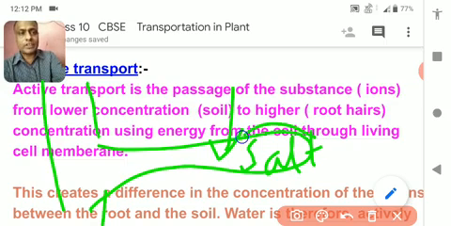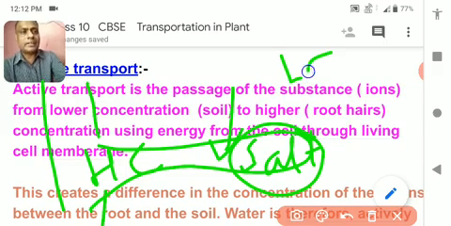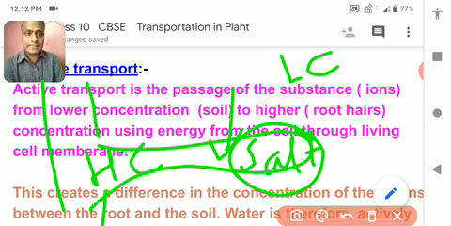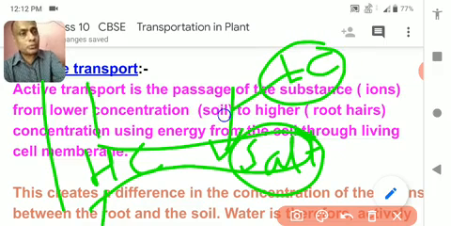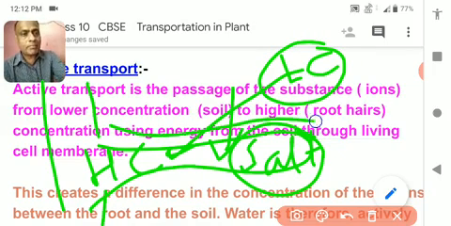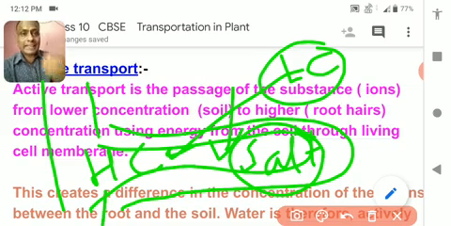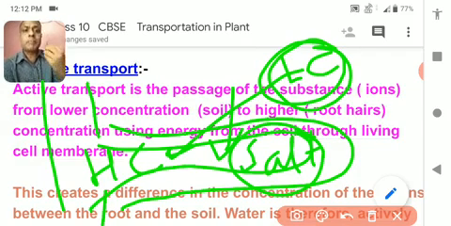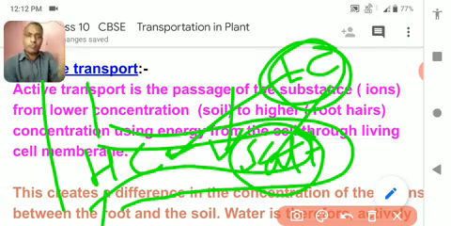The concentration of salt is higher inside, and outside the concentration of salt is very less. So salt can't go inside. In that case, the cell membrane utilizes energy and traps the salt, that is minerals, from soil and moves it inside